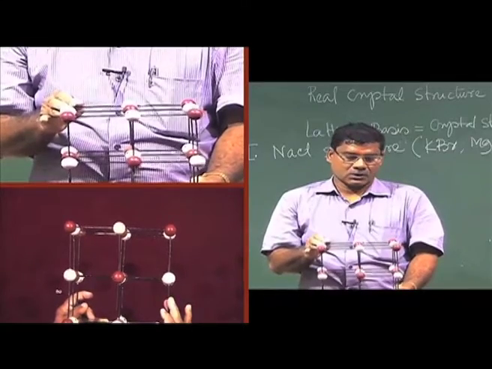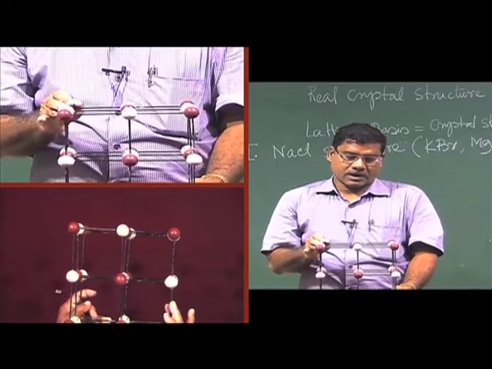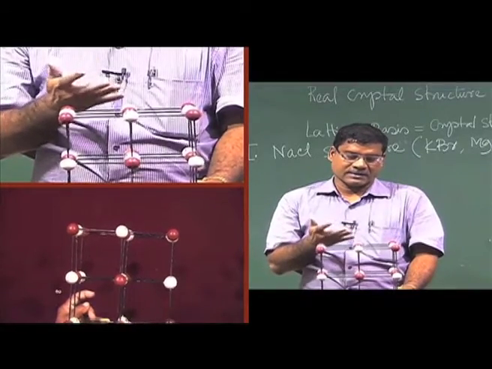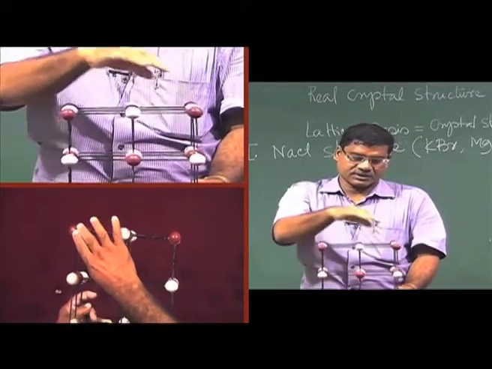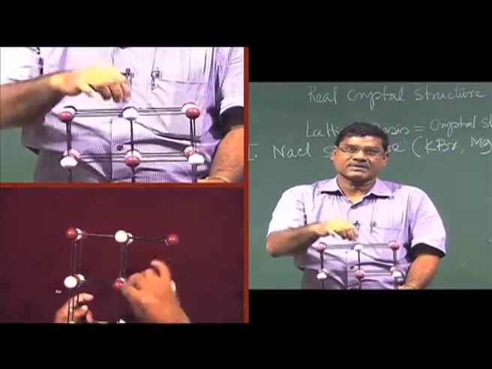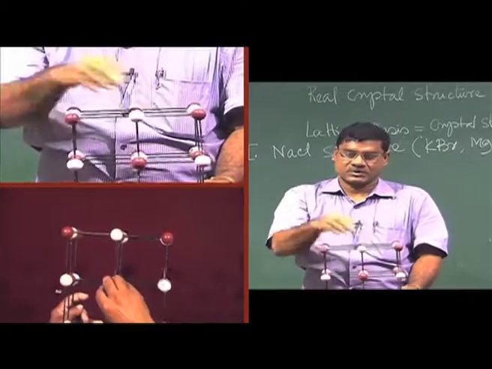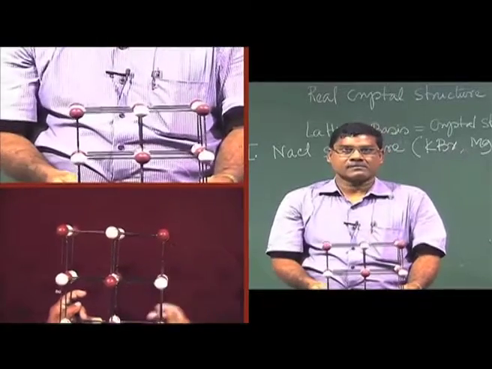So, how to put them? If in each lattice point we put the chlorine, the brown color,